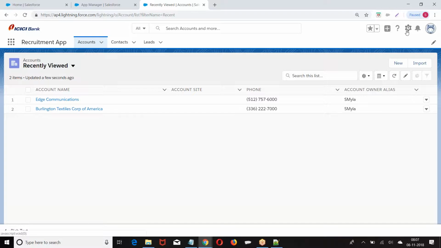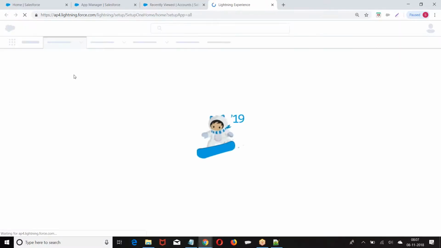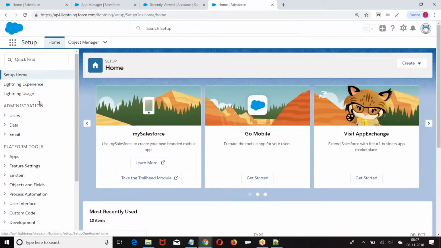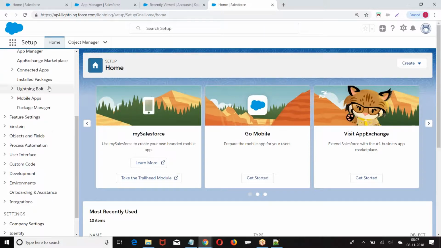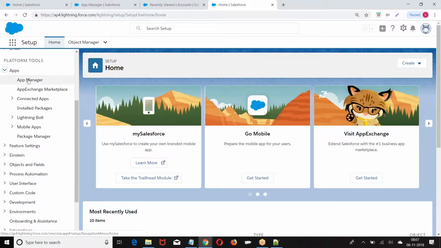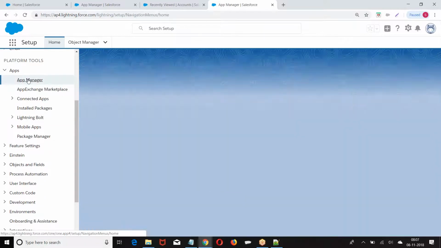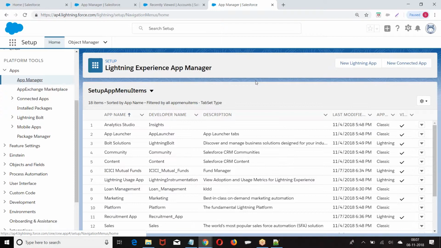Now, again, I want to delete it. How will you do that? Setup, platform tools, apps, app manager, ICICI mutual funds.